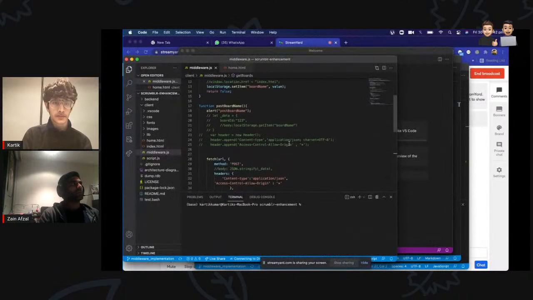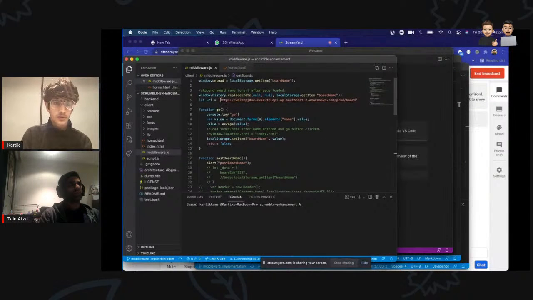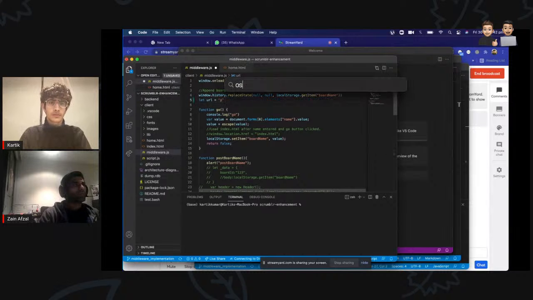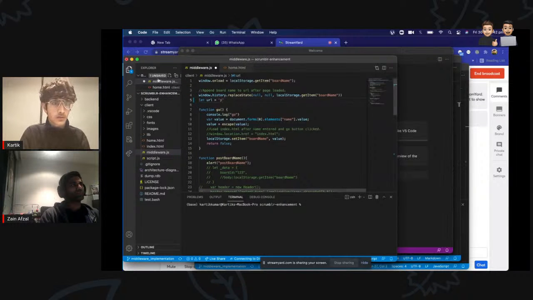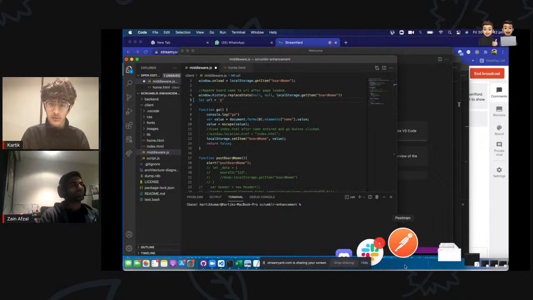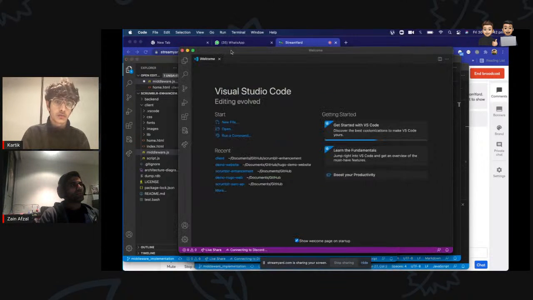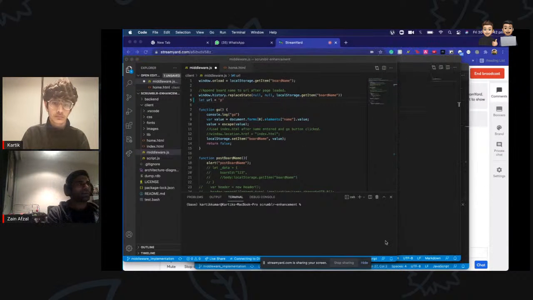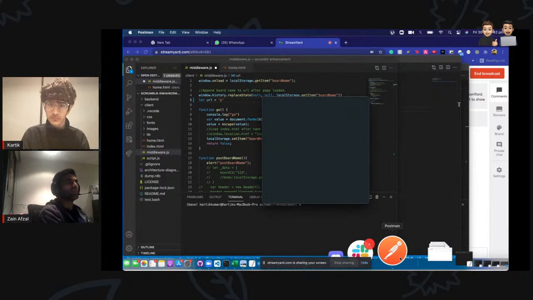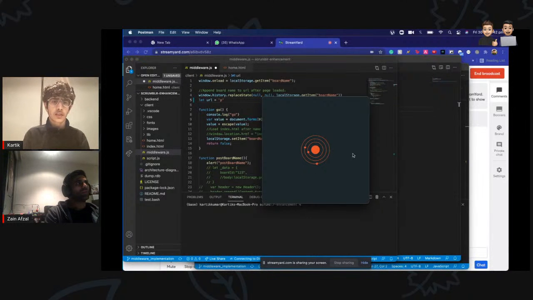I'll go ahead and take the endpoint. All right, that's the endpoint. Open Postman now. Hopefully that doesn't take too long to open, though it probably will. To be honest, I don't think it's gonna work. Let's try it out, I guess. But you might be right.